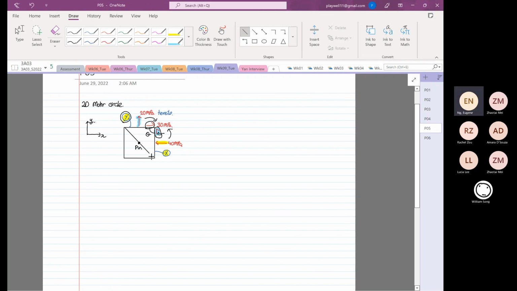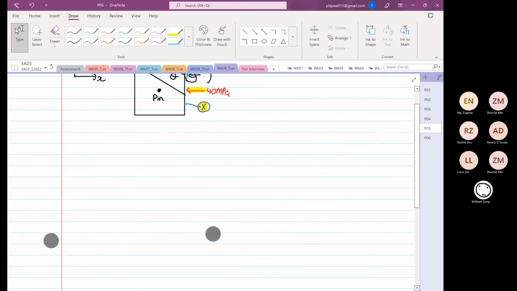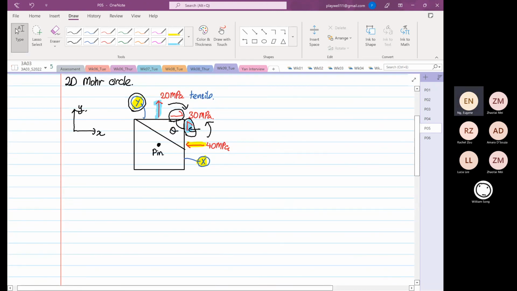Oh, not 50, I saw that wrongly. So let's do this at 30 degrees. So this line I've drawn is a 30 degrees line. Okay, so this is rotated from